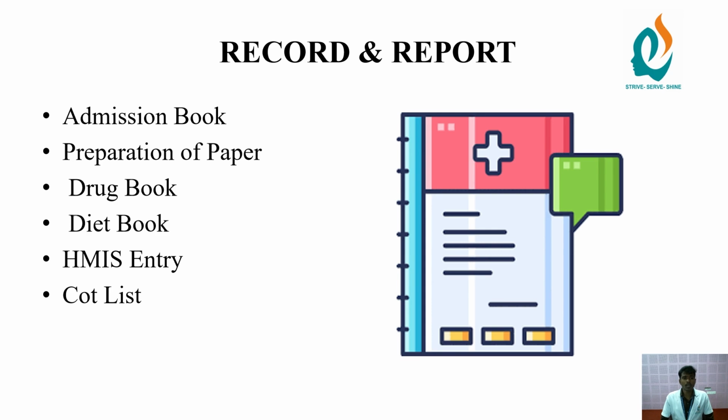Recording and reporting. First, the admission book and preparation of the paper, drug book, diet book, HMIS entries and the court. HMIS means the Hospital Management Information System entries. After the patient is admitted, we get the signature on the admission consent form, and after the admission of the patient, we have